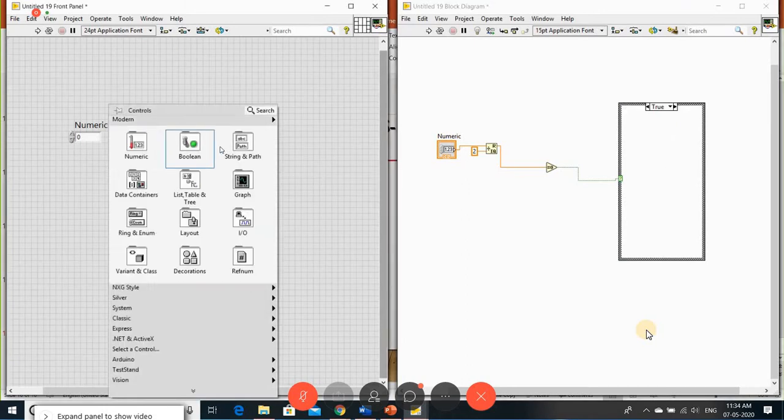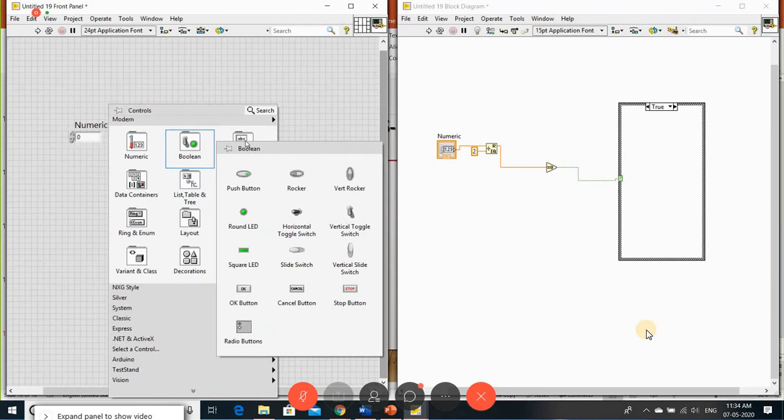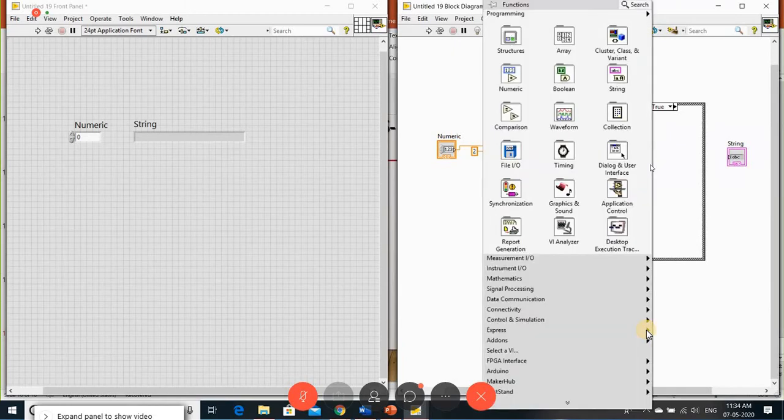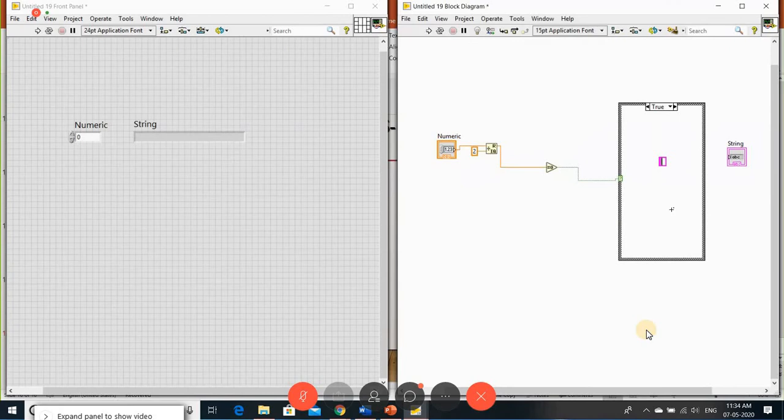Let me take one string indicator to display that. In this case, what am I supposed to display? So go with the string constant. This is your true case. It is an even number.